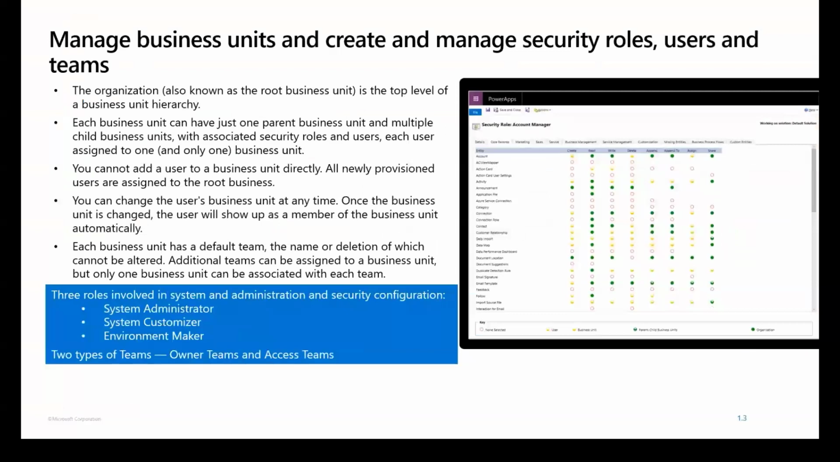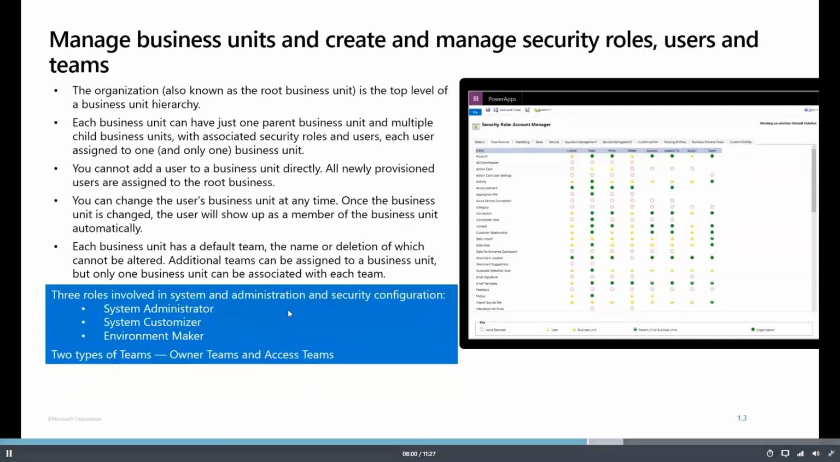Then you create security roles. There's a number of out-the-box security roles. It uses role-based access control. And what they do is they specify